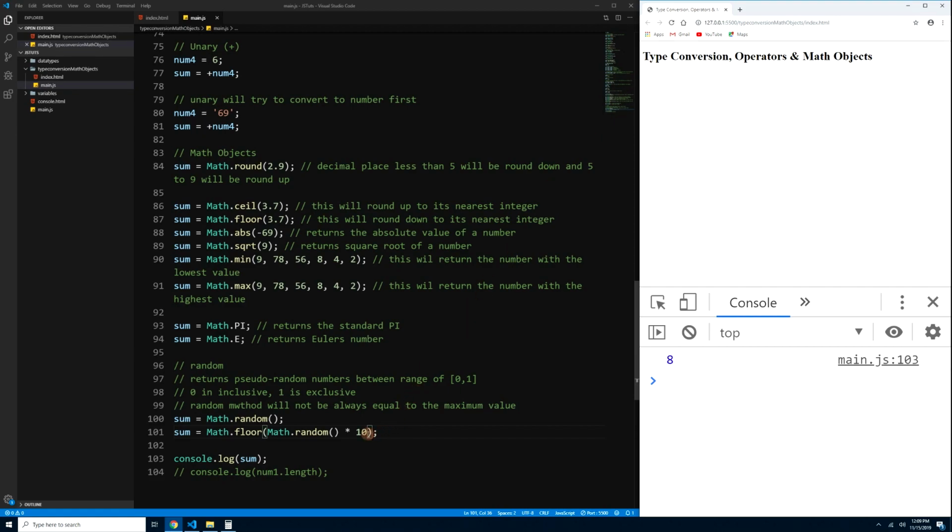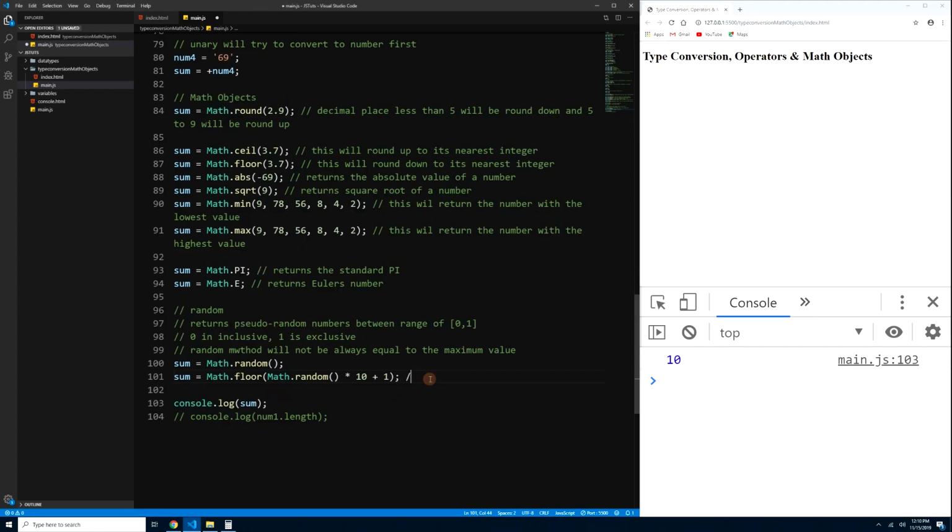If you want to include 10, add ka lang ng 1 dyan. Press Ctrl S on your keyboard. Now let's try if we can get 10 here. Now we have 10. Okay? So before di tayo nakakuha ng 10. Now we have 10. Right? Comment lang natin to. Up to